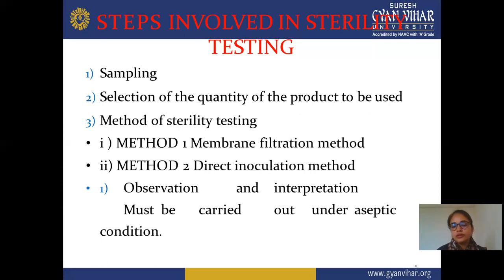For this there are two methods for sterility testing. Method one is the membrane filtration method. In this, filtration takes place, and with the help of filters we perform this sterility test. Method two is the direct incubation method. Here you put your sample with the help of a certain bacterial culture, and check whether it is a sterilized form or whether any bacteria are present in your formulation, which can easily regrow or show growth when you store it in a specific growth medium. So the second method is the direct incubation method.